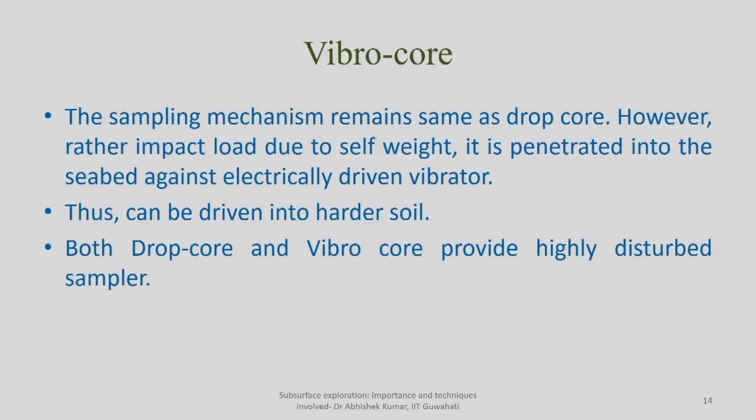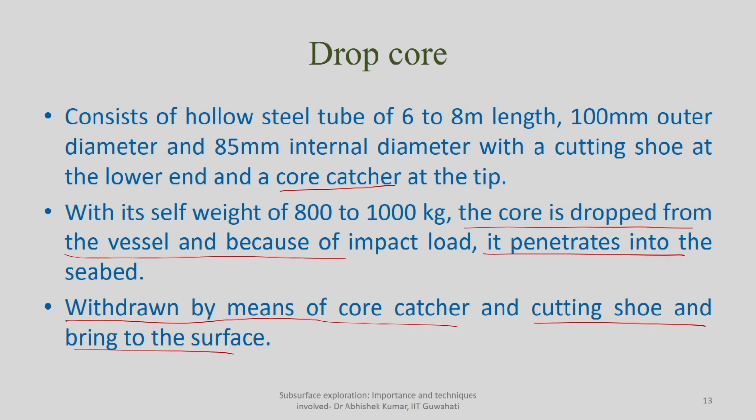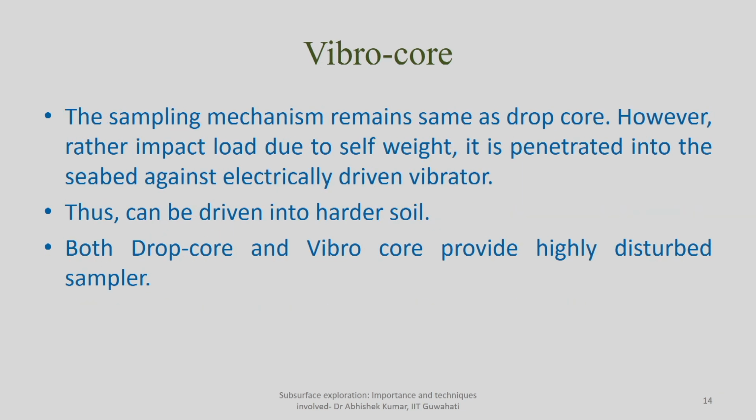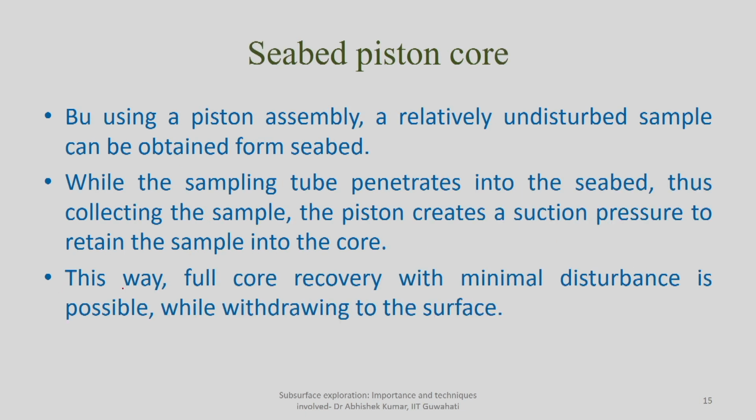Remember, some of these sampling methods may give you highly disturbed samples which can be used only for soil classification. Some may give you relatively less disturbed samples, so you can use them for strength determination, also moisture content, in situ density determination. But so far, only box core has given you the chance of a highly undisturbed sample. Grab, vibro, and the drop core, all three give you highly disturbed samples. So, these cannot be used for strength determination; that has to be kept in mind.